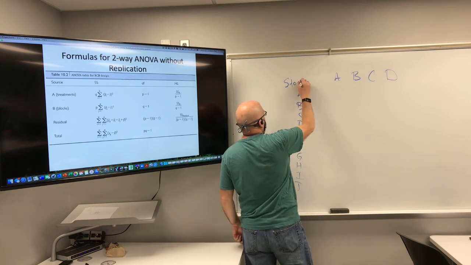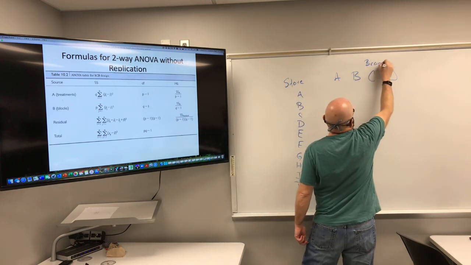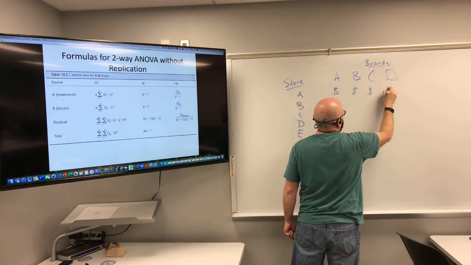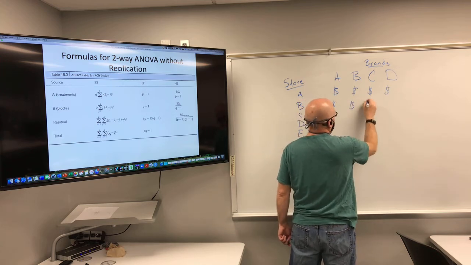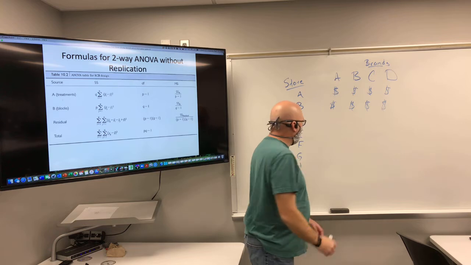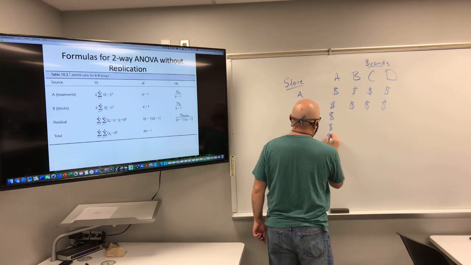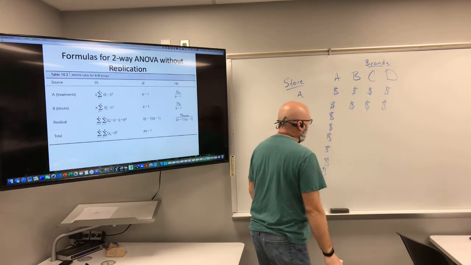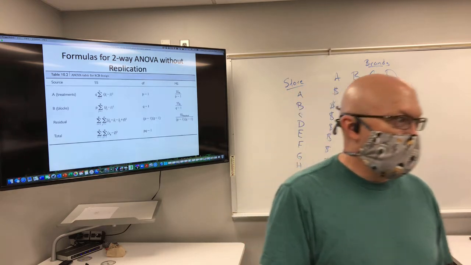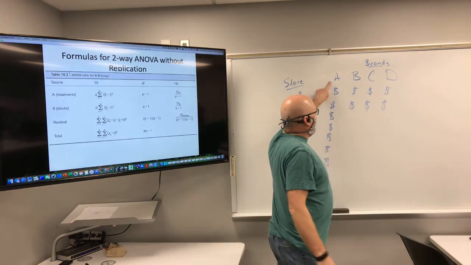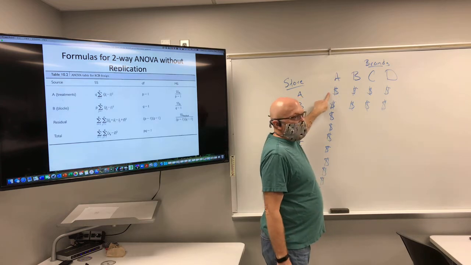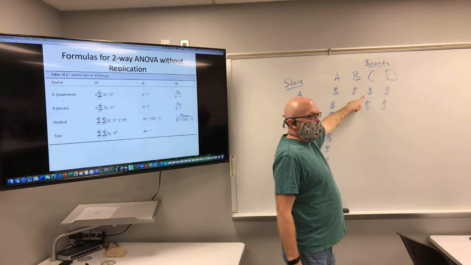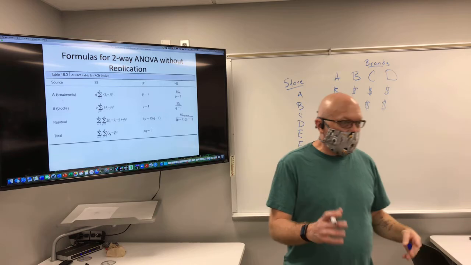So this is the store. These are the brands. And then in each of these cells is the price, whatever the price happens to be, ad nauseum. But of course, at any given moment, this brand in this store, there's only one price. This brand in that same store, there's only one price. This brand in that store, there's only one price. This is by definition unreplicated